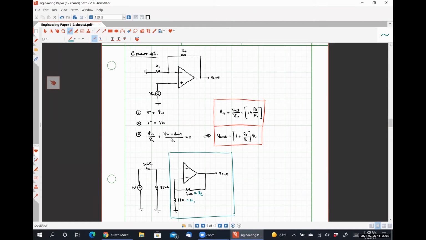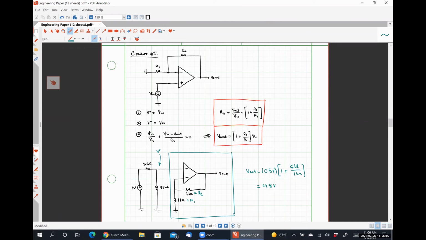As soon as we figure out what this voltage V plus is, which we found to be 0.8 volts using voltage division, we could then plug that into our equation and find that V out in this case has to be 0.8 volts times 1 plus 5 kilo ohms over 1 kilo ohm, which is equal to 4.8